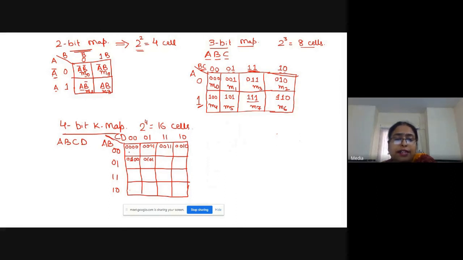And when you write in terms of AB, what will you write? It will be A bar, B bar, C bar, and D bar, because all are zeros.